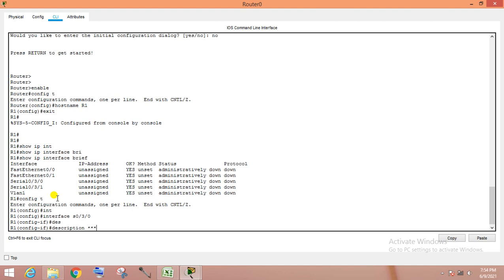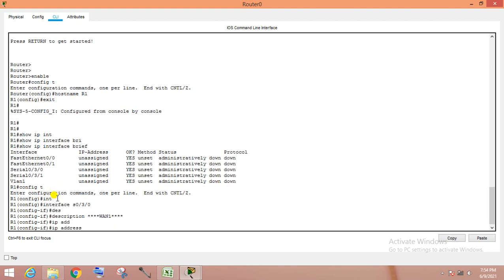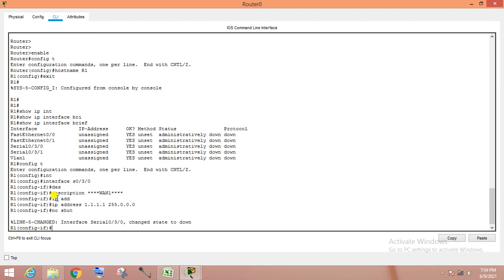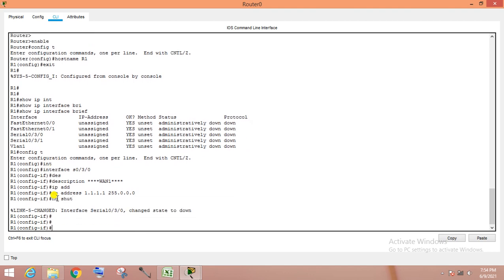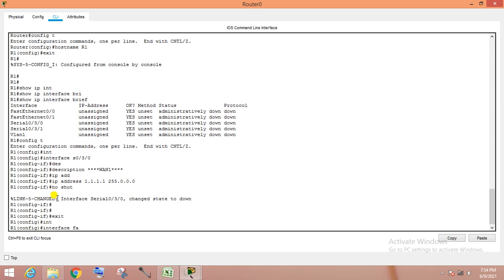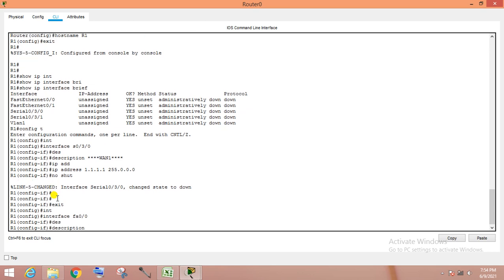Description: this is WAN 1. IP address 1.1.1.1, 255.0.0.0. Here, no shut. Given. For the LAN interface FA0/0, description: this is LAN 1.